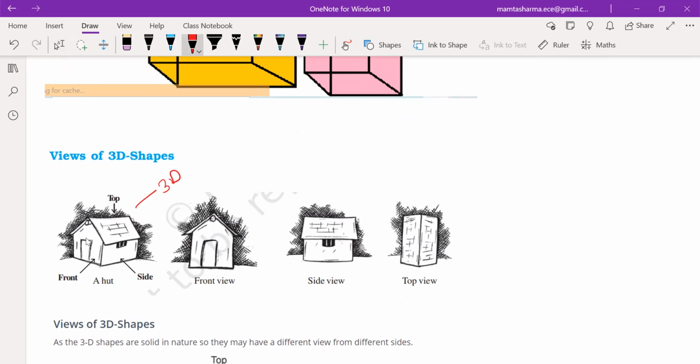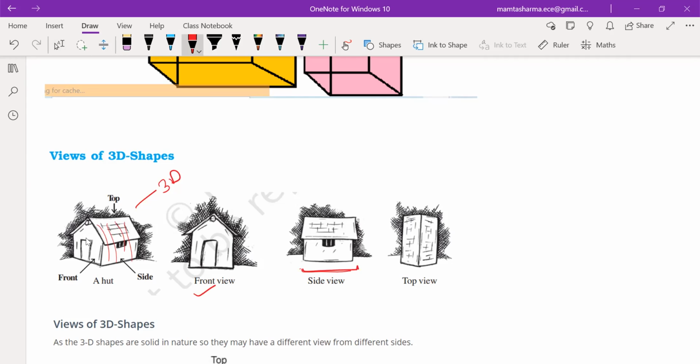Now see, when you see this hut from the front, you will see this structure. You will not be able to see this part. Now when you see this hut from the side,